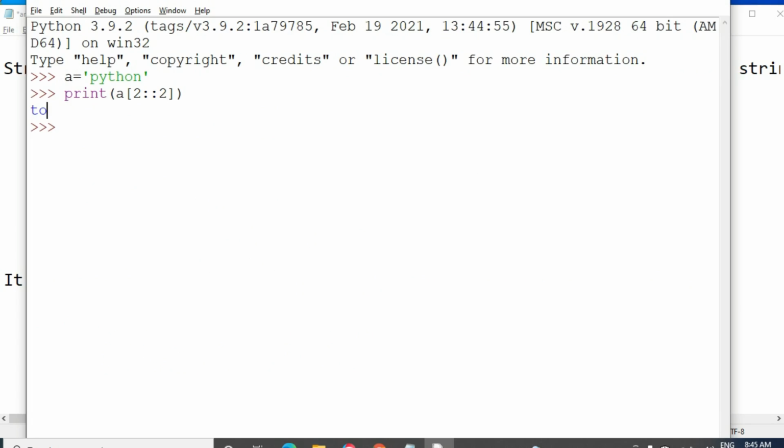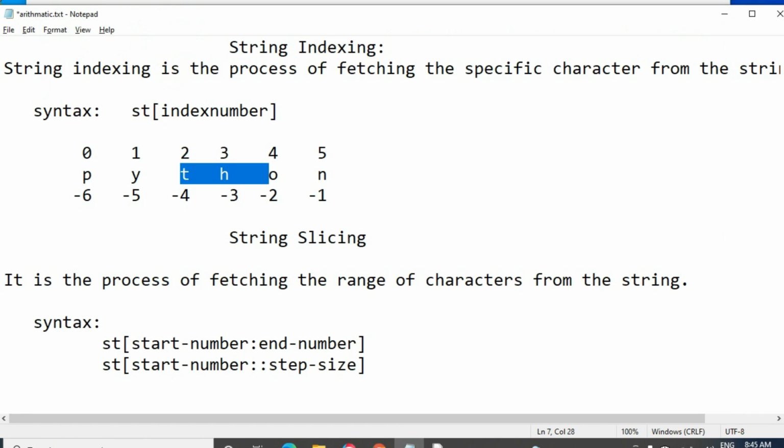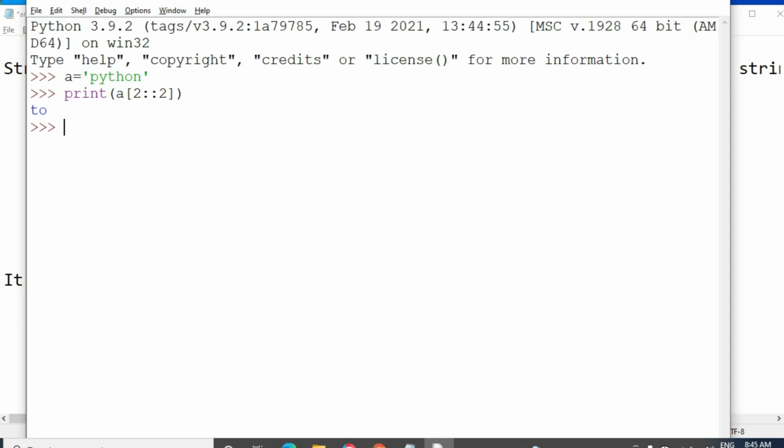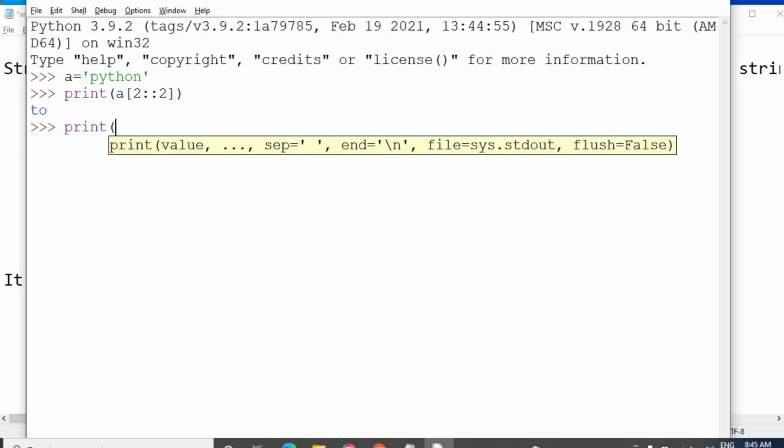Start number is 2 and the step size is 2. The meaning of this is the second position is T. From the T, the H is the first position and the O is the second position, and after the N another variable would come, that is another second position. So TO has come.